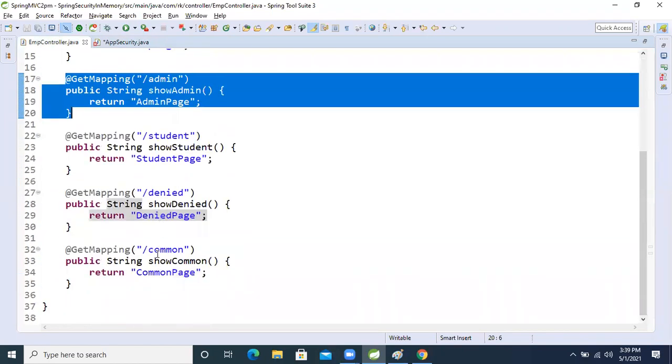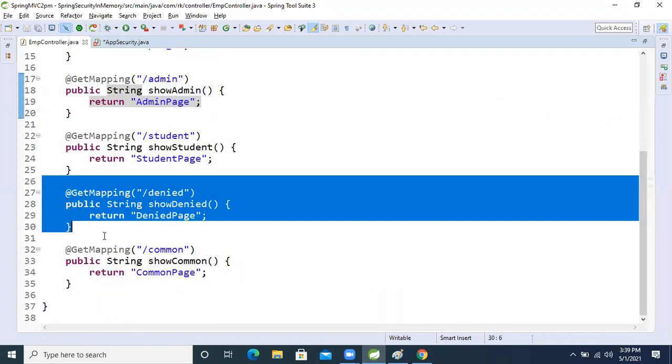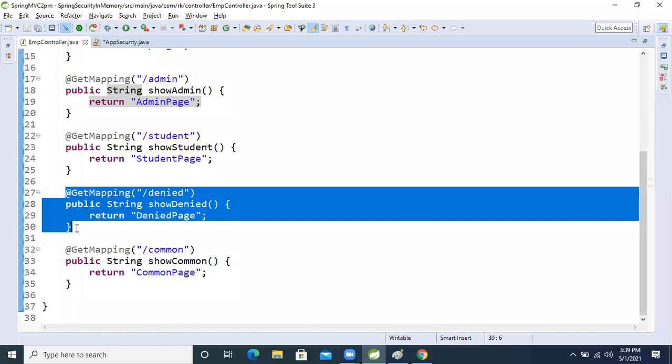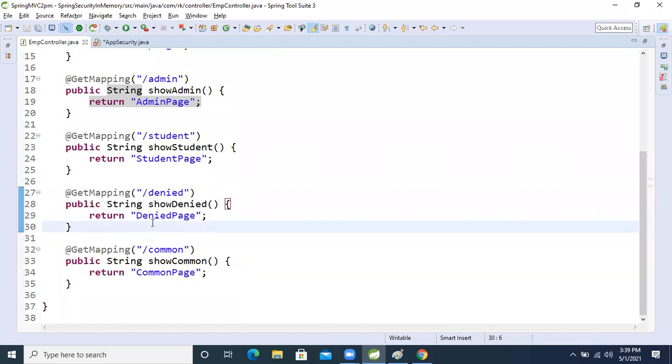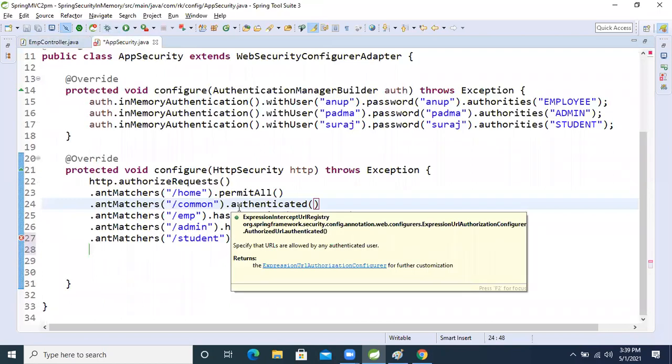In this condition, we will give the deny page, so the end user will understand, oh, I don't have authority to access this page. So for that we will use it.